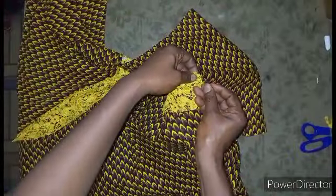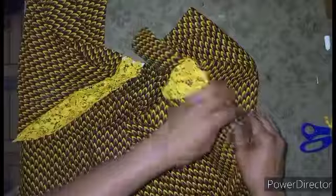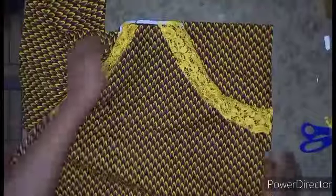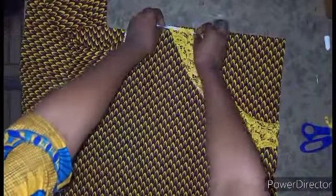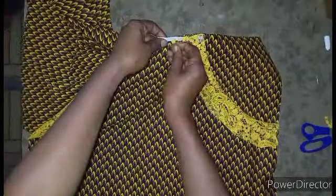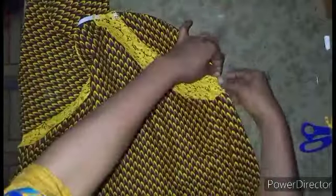I just hope you're following. I hope it is clear. Pin it down here and pin this one also to the skirt. So when you have arranged it this way now, you turn it. So you turn it and you have your pocket. So you can see your pocket. Now you would align the top as well. Okay, and you pin it. So all this pinning is for me to stitch it. So you just stitch the top here so that the pocket bag will stay in place, and you stitch this